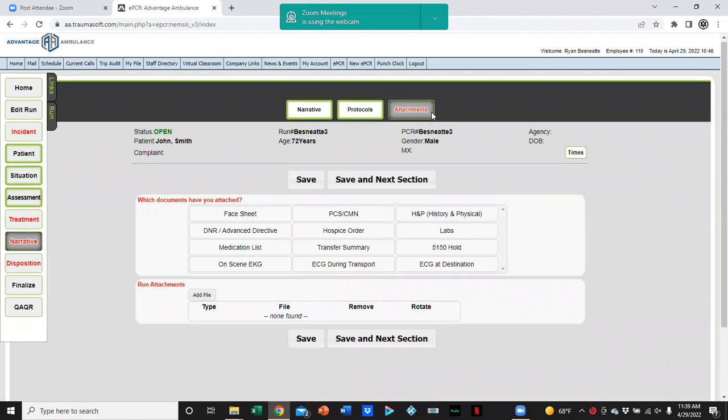Now attachments. This is where if we say took a picture of our face sheet, maybe a DNR, 5150, H&P, lab results, anything here, a CMN, or rhythm strips, or standing orders, should be labeled and then attached here. You can hit add file, go into your camera roll, and be able to add the corresponding